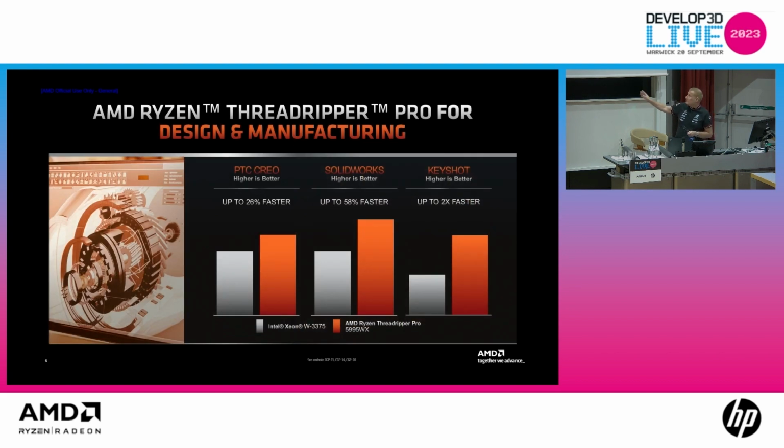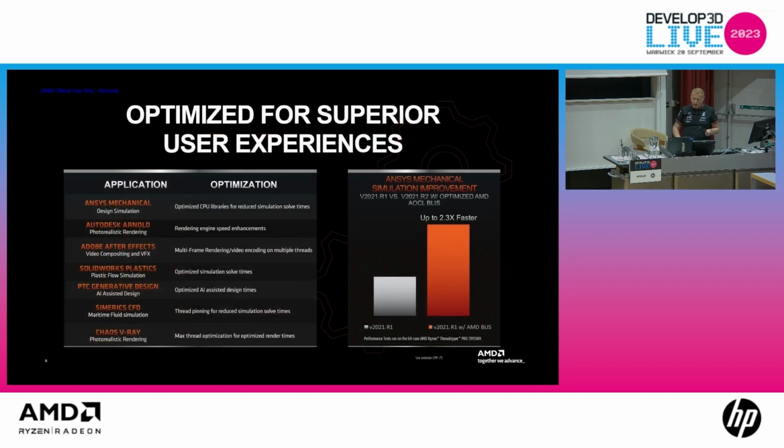We also optimize. Basically, Threadripper Pro became prominent because of the media and entertainment audience. People were rendering stuff for movies and stuff like that. But we actually optimize for SolidWorks and PTC. The performance is there, but the best thing is now we're doing optimizations per application. So with ANSYS, for example, we improved the performance of ANSYS. With SolidWorks